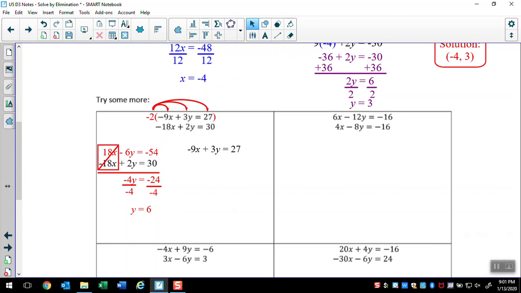So now this time I know what the y value is. I'm going to substitute 6 in for y. I can simplify the 3 times 6, which gives me the 18. Now, to isolate the x term, I can subtract 18 from both sides. Those 18s cancel out. And we're left with negative 9x equals 9. Divide both sides by negative 9. And we get,